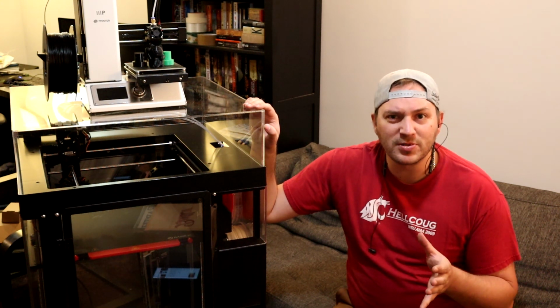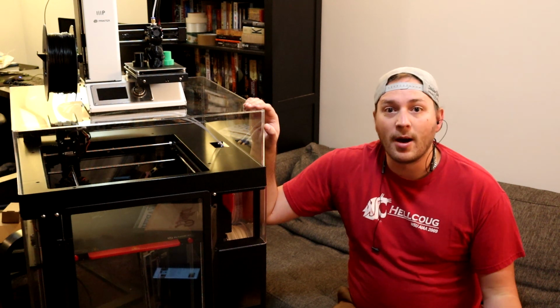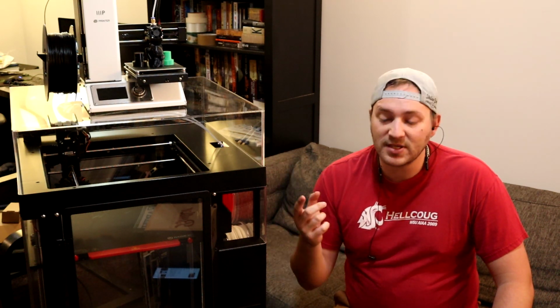There's also DLP printing, which is a little bit cheaper and works slightly differently, but it's essentially the same way. It works by bouncing a light or a laser, or in DLP printing it just bounces light, into a bowl of resin. I'll try to show some pictures of this. Then it cures the resin onto a build plate and builds the part up, which gives you some capabilities for clear parts